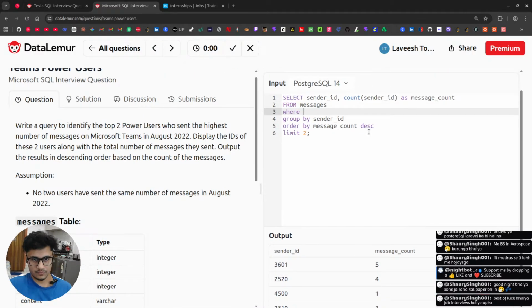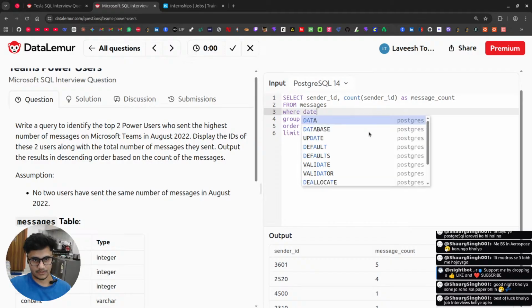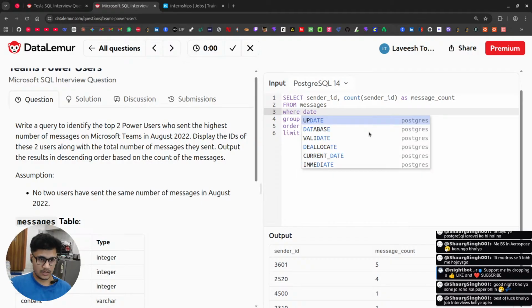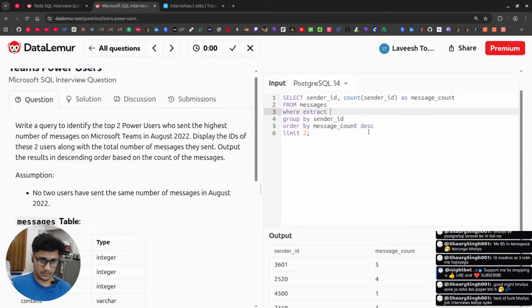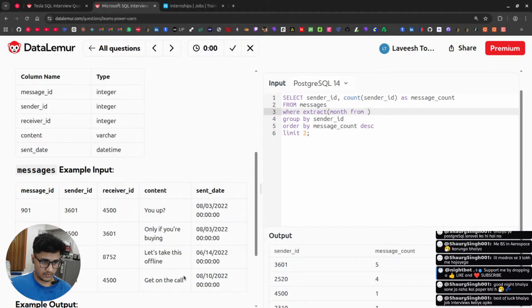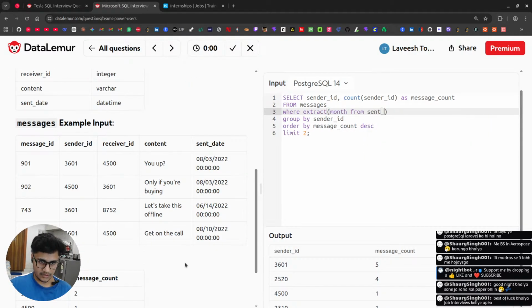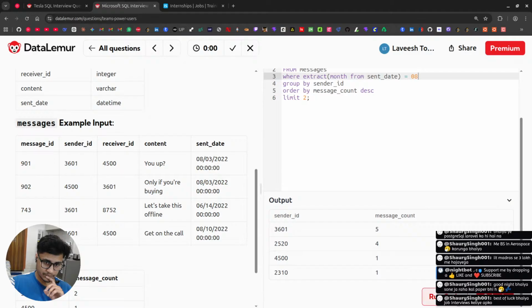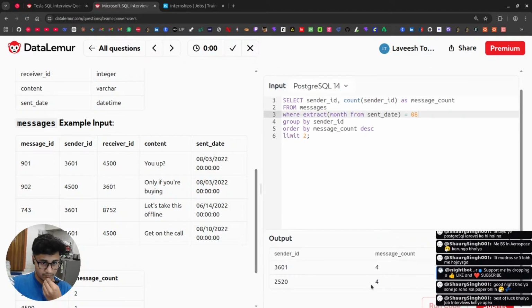Okay, so what condition I need to add is the date, not date, extract month from send date, month from send date, and it should be equal to 08. Is this going to work? Yeah, it's working, but